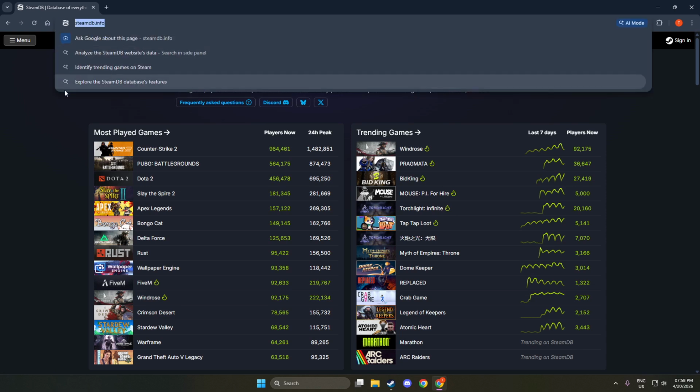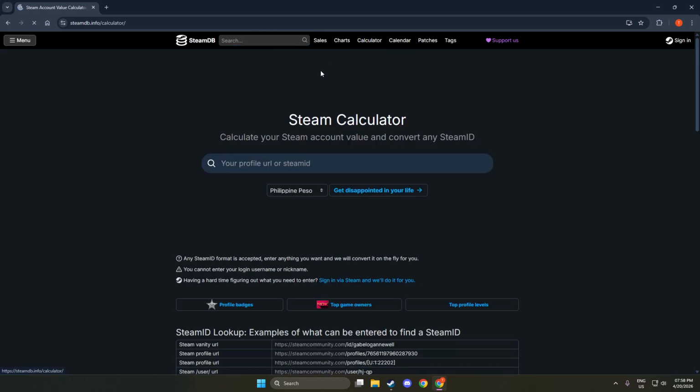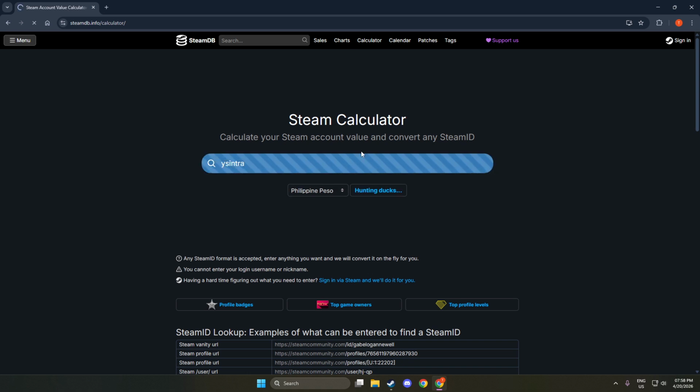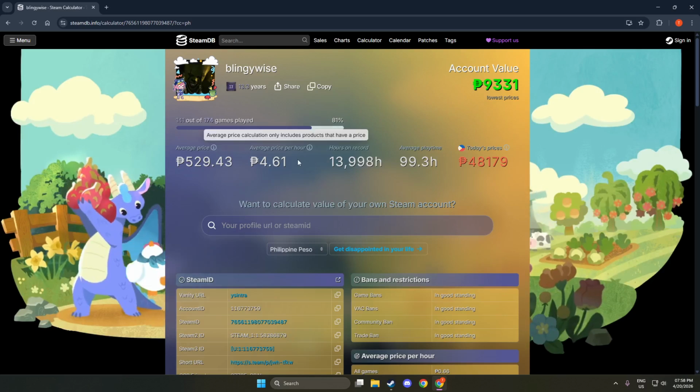Once the scan completes, you'll see a breakdown of your account. The total store value of games is the combined current store price of the titles in your library. Think of this as what it would cost today to buy everything you own at standard pricing, not necessarily what you paid. Estimated spending is the tool's best guess at how much you might have spent over time, often based on historical prices and typical discounts. It's an estimate, so expect some variance. Gifts, bundles, regional pricing, taxes, and free-to-play titles can all affect accuracy.